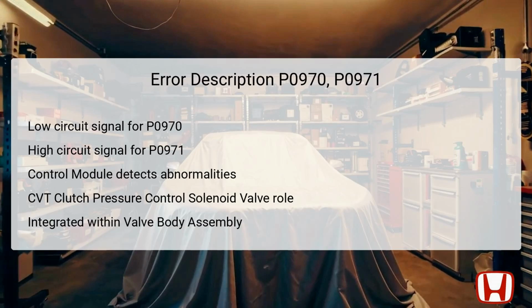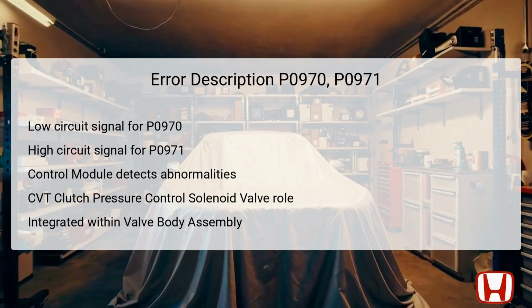DTC P0970 relates to a low signal detection in the CVT clutch pressure control solenoid valve. This means the TCM, which is critical in regulating transmission fluid pressure based on driving demands, cannot sense the expected current flow. Conversely, DTC P0971 indicates the presence of an excessively high current flow, suggesting a potential short circuit or malfunction within the solenoid. When the TCM detects either of these abnormal conditions while the solenoid is commanded on, it